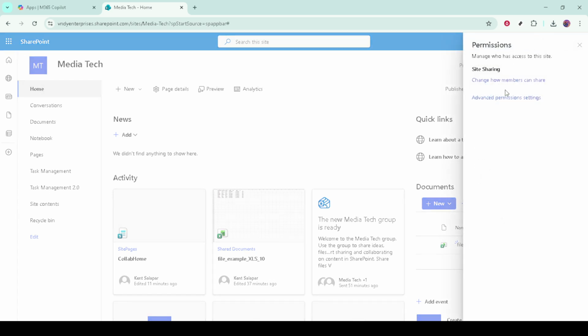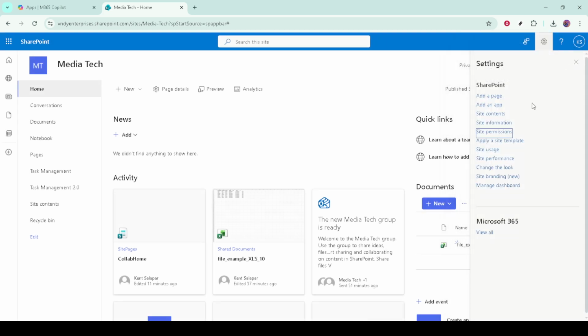Next, select Add Members. You'll see options for how you want to grant access. Choose Share Site Only. This option gives users access to the site without changing membership in a broader Microsoft 365 group. It's ideal when you simply need to allow people to view or collaborate on this specific site without giving